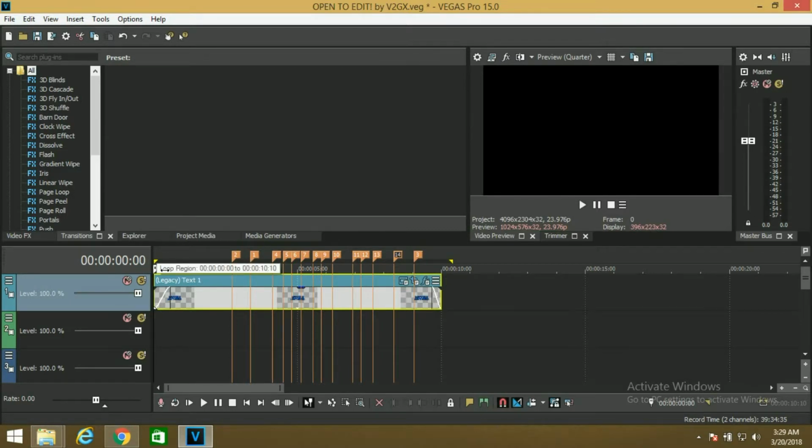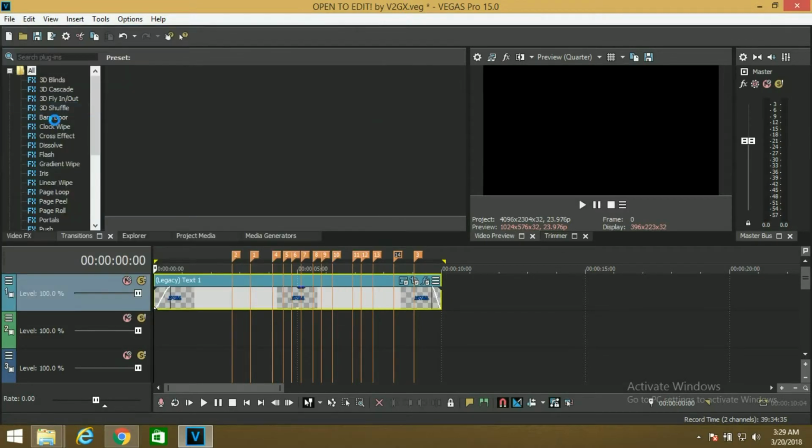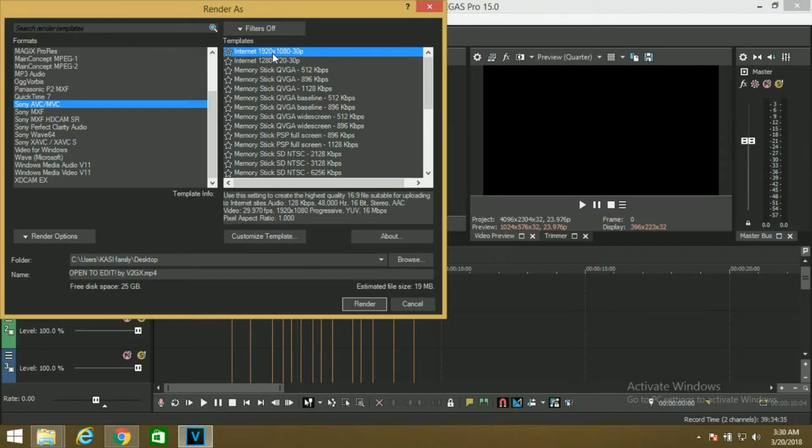This is the rendering tool with which we are going to render the video clip. After selecting the area which we are going to render, click on File, Render, Render As. This is a default template which you are going to use for YouTube or some other options. After clicking on the default option,